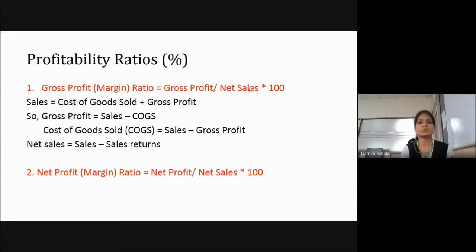So how much sales you have made, that is what we are talking about. And out of this total sales, how much is the profit which you are getting? So if sales is 10 lakh and gross profit is 1 lakh, then this will come to 10%. What does it mean? Whatever sales you are going to make, you are going to get 10% gross profit on that. Same way we are finding out net profit out of 100. How much is the net profit when it comes to sales, right? So you can see only this we have changed. The remaining formula remains the same. This is also gross profit or net profit.